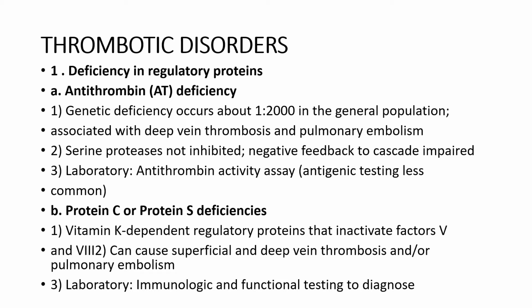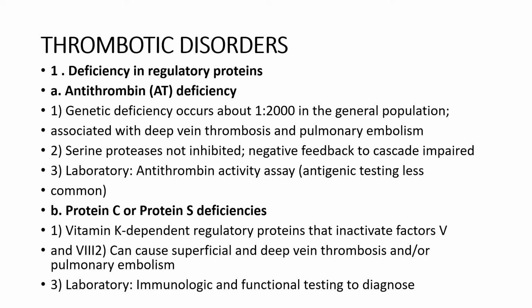Thrombotic disorders. So if you remember, thrombosis is when there is the presence of blood clots in the circulation. This may be because of deficiencies in some regulatory proteins that we have mentioned earlier. Letter A is antithrombin deficiency. This is a genetic deficiency affecting about 1 in 2,000 in the general population, and the associated symptoms may be deep vein thrombosis